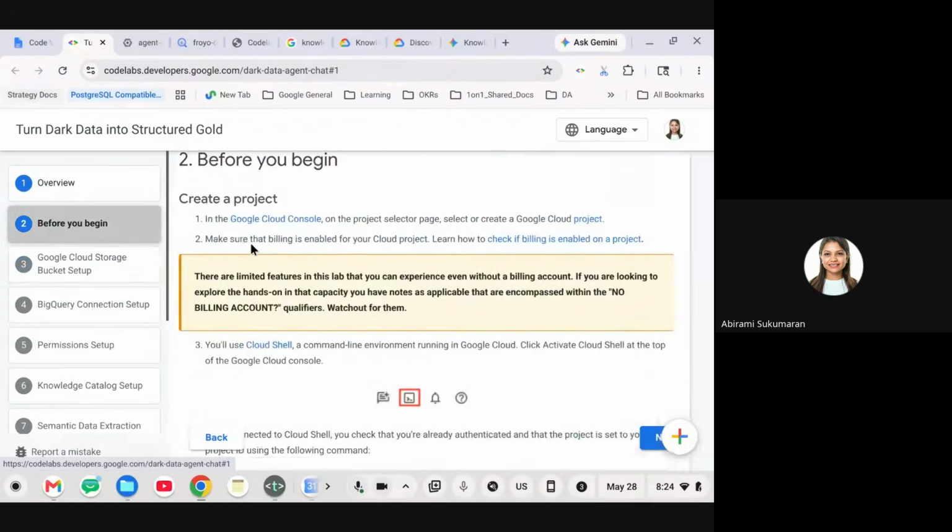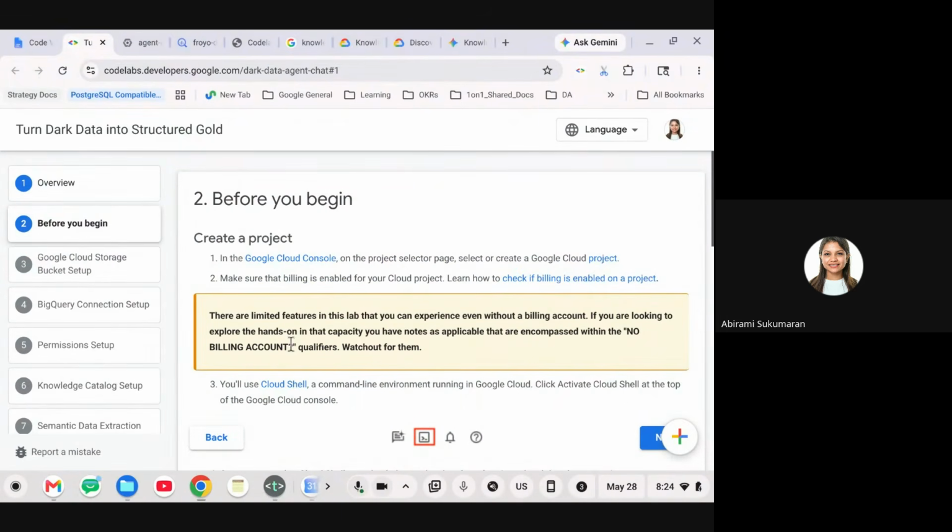All right. So before you begin, we've already done that. We've created a project. Someone asked if you will get billing credits. No, you will not, because we don't. The part that you're going to try hands-on is going to be very simple, and that does not require you to use a billing account. However, you'll be able to leverage your $300 free trial credits, which you have anyway. If you go to Google Cloud Console later and want to enable that, you can use that. It will require you to put in an instrument, which is your credit card.